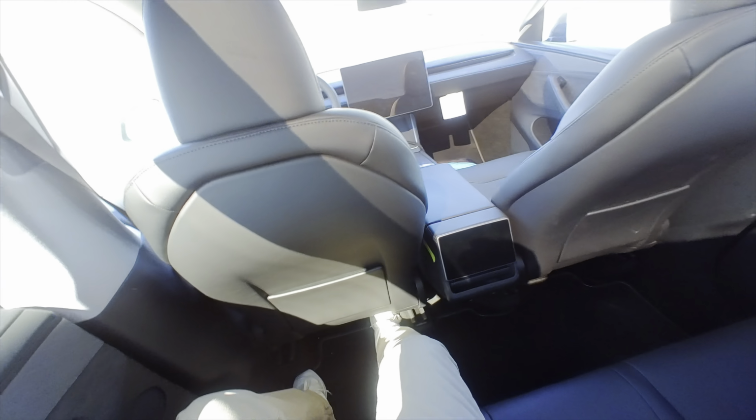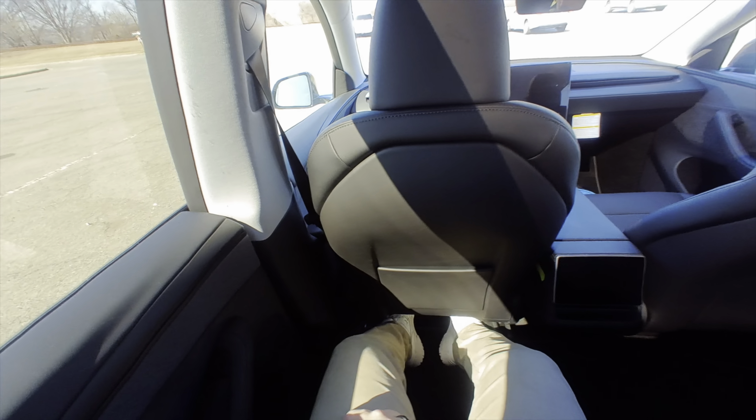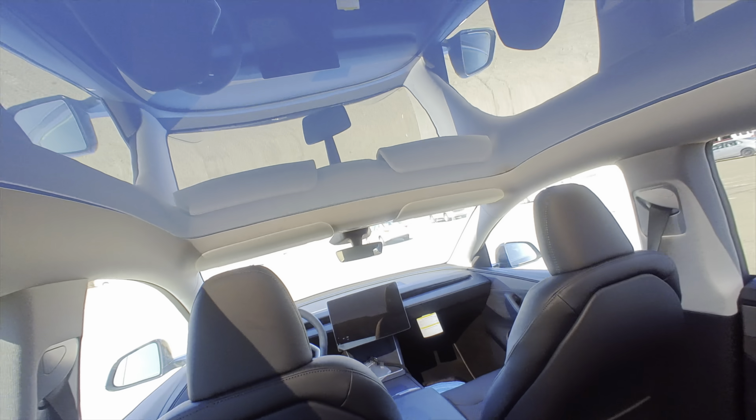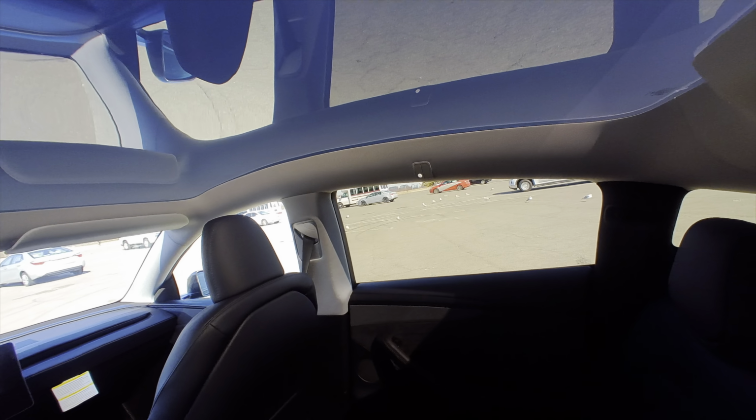Coming to the back seat here, plenty of space, great leg room. I'm 5'10", that's my seating position. Plenty of space back here, really comfortable seats. Same glass roof. My fiancee doesn't like the glass roof with no...